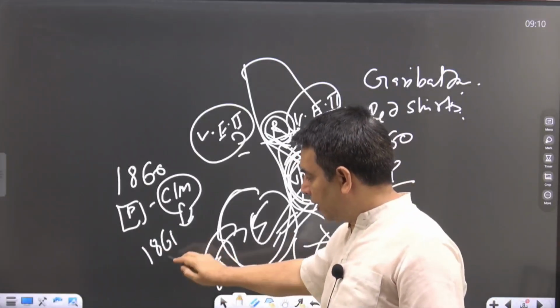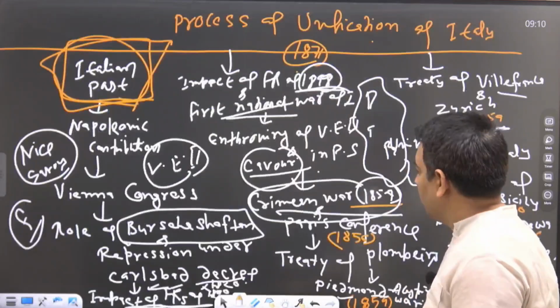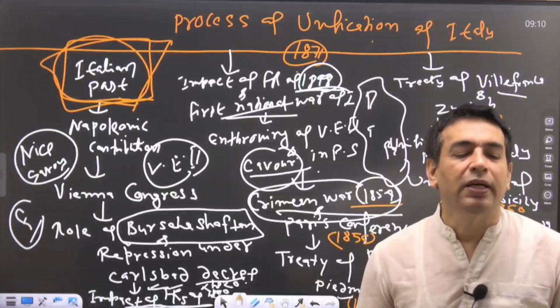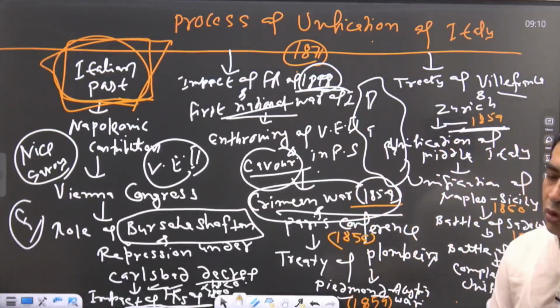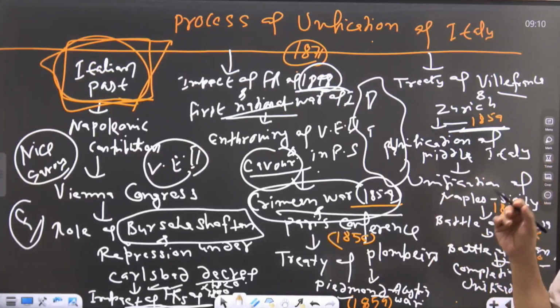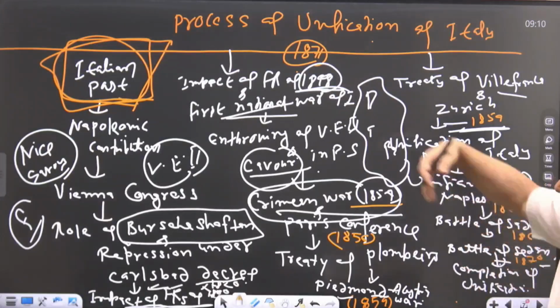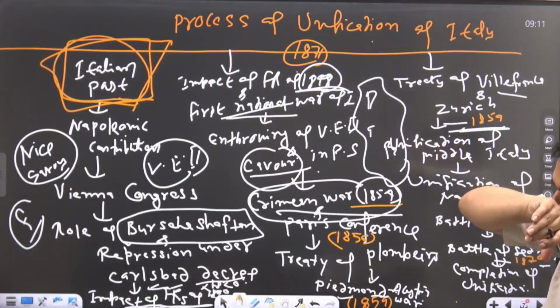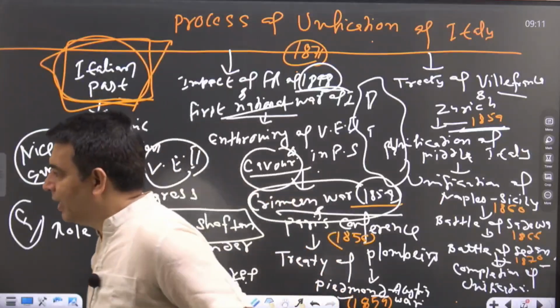Unfortunately, in 1861, Cavour died, so the rest of the task of unification was to be done by Victor Emmanuel II. So, what is the rest? The rest is Rome and Venetia. Parallel to the unification of Italy, there was an ongoing process in Germany, and it was led by Prussia under the headship of Bismarck. Bismarck was the Prime Minister of Prussia, so he was leading the process of unification of Germany, and in that process,